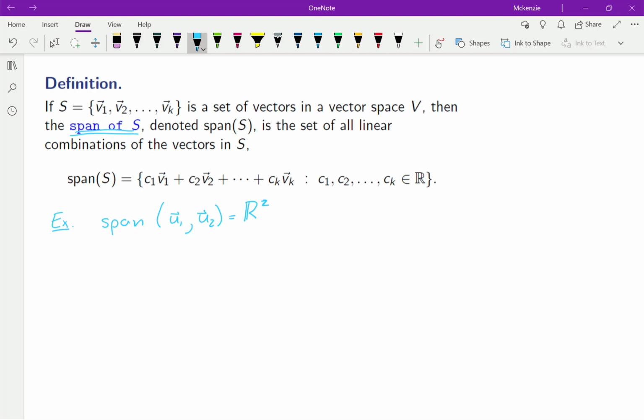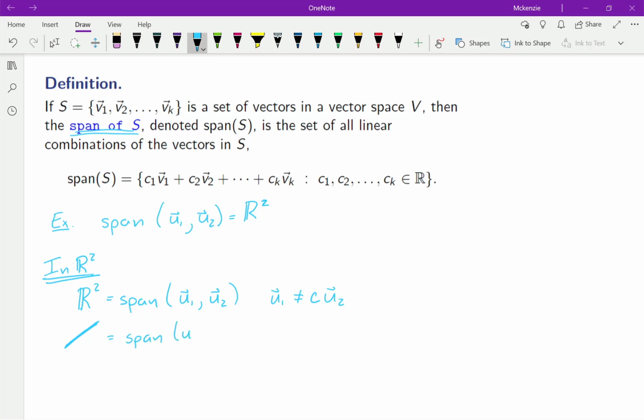So let's think about all of the possibilities we have in 2D. So in R2, if we have some vectors, we have three options. Either we could get all of R2, and we probably need at least two vectors to get the span, and we need these two vectors. They couldn't have been on the same line, so U1 cannot equal a multiple of U2, and vice versa. Alright, what else could we have gotten? Well, if we just had one vector or they both were on the same line,